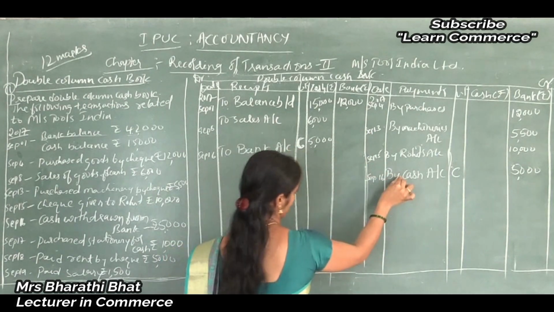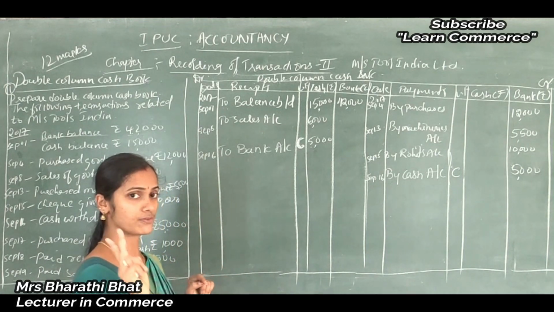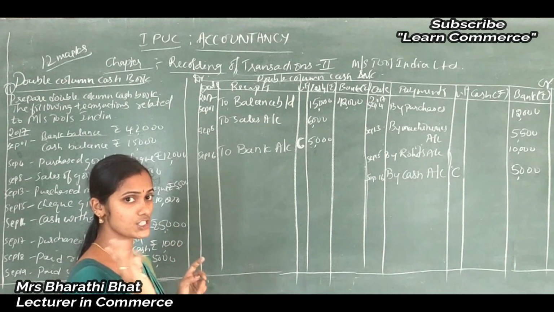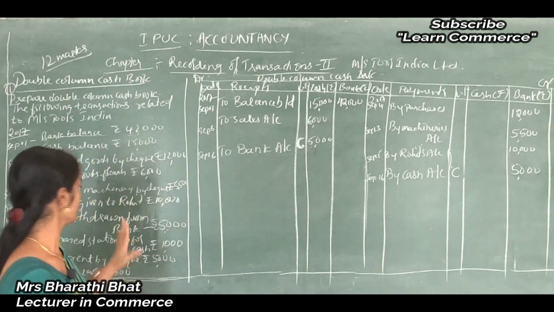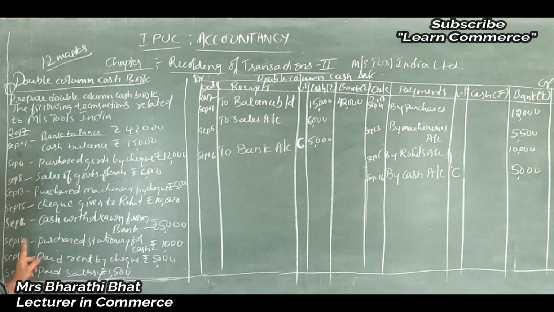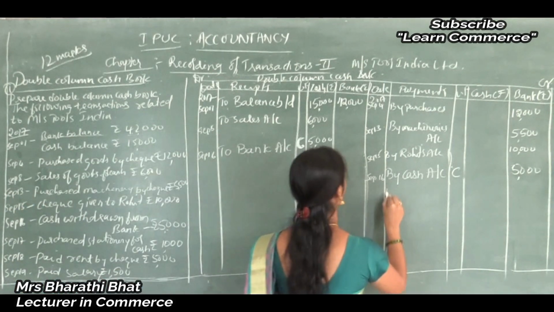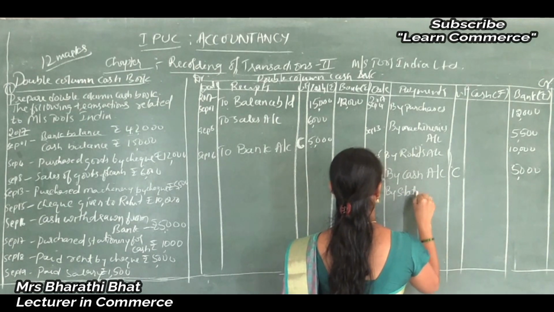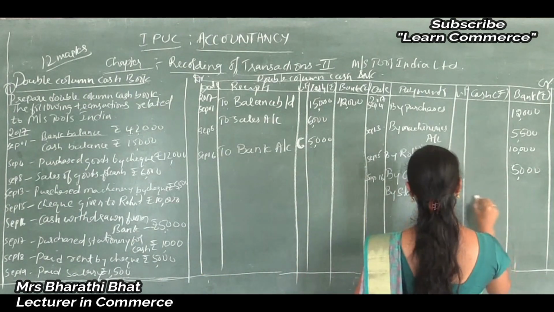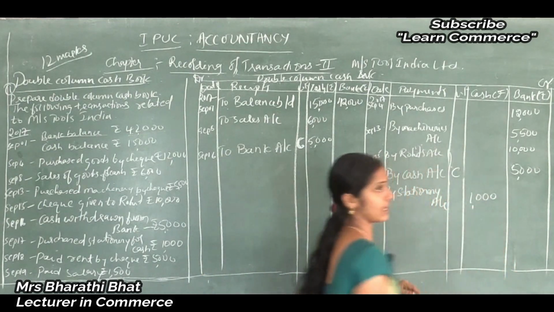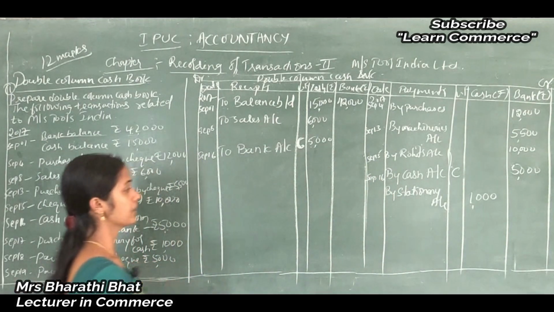So for this transaction, these two entries, you will get 2 marks. Each contra entry you will get 2 marks, the rest 1 mark. So contra entries over. Next one, September 17: purchased stationery for cash. Purchased stationery, by stationery account, 1,000 for cash. So 1,000 in the cash column.